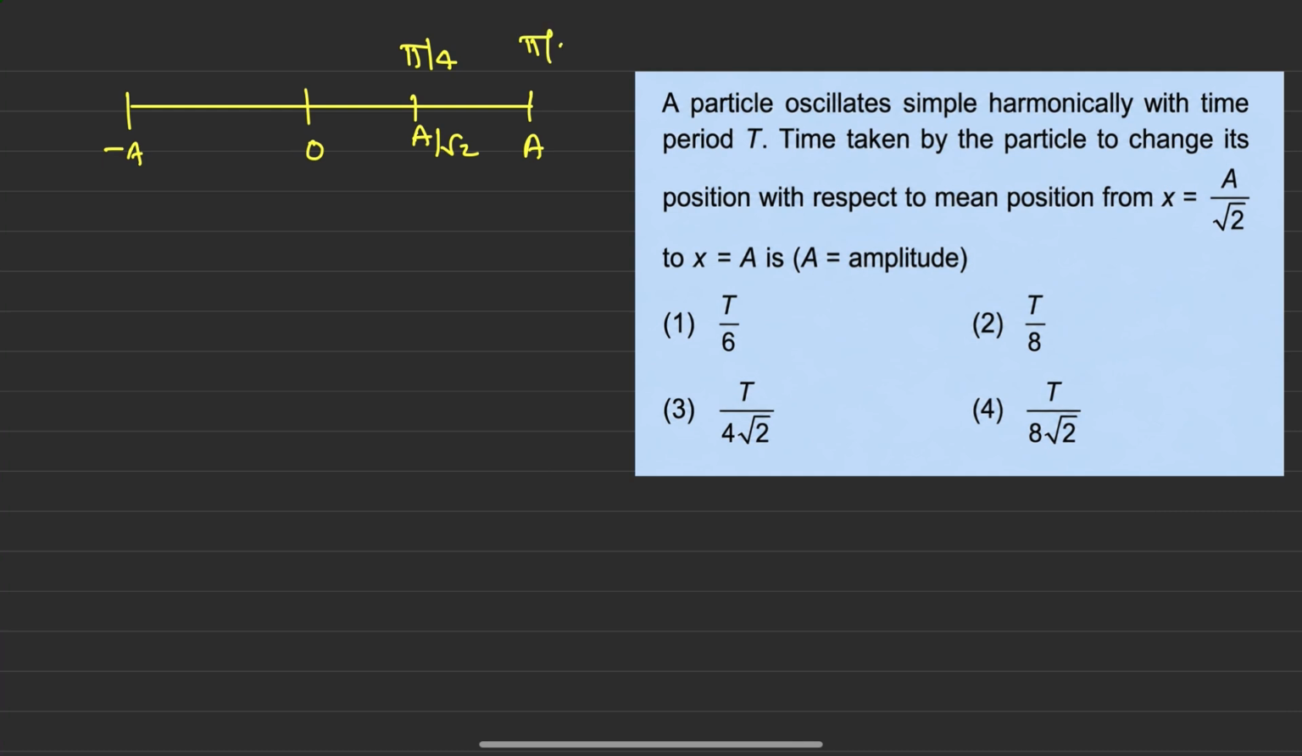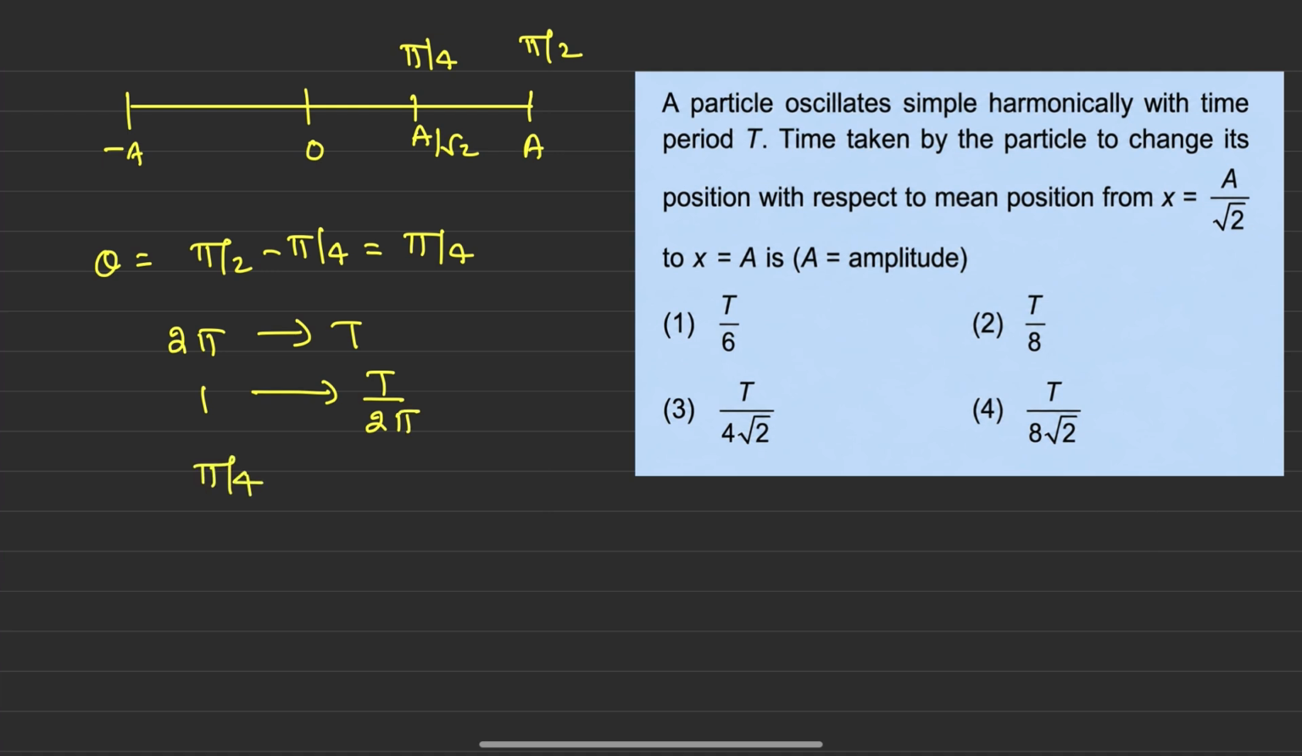A corresponds to how much angle? Pi by 2. Angular displacement theta will become equal to what? Pi by 2 minus pi by 4. This value will become pi by 4. Now, we know about the unitary method. For completing 2 pi radian, how much time will it take? T. So for completing 1 radian, how much time will it take? T divided by 2 pi. For completing pi by 4 angle, how much time will it take? T divided by 2 pi multiplied by pi by 4. Pi and pi will get cancelled. The answer will become equal to what here? T by 8. According to this particular method, the correct answer will be our option number